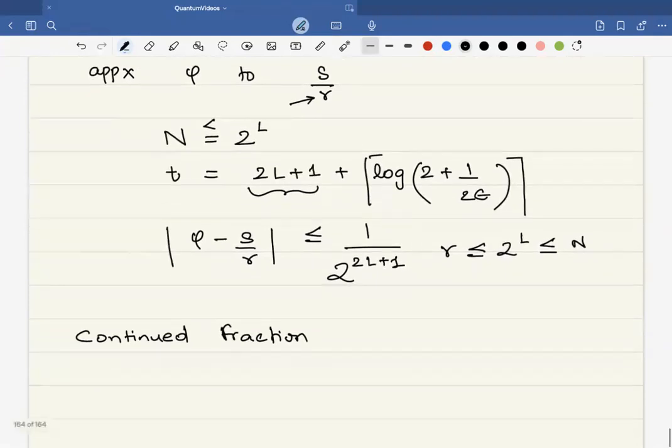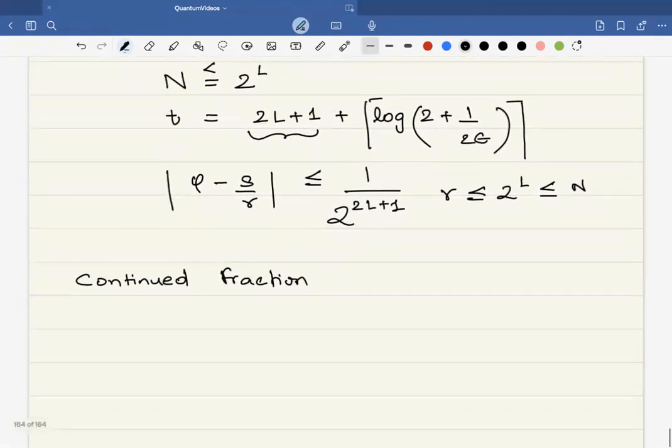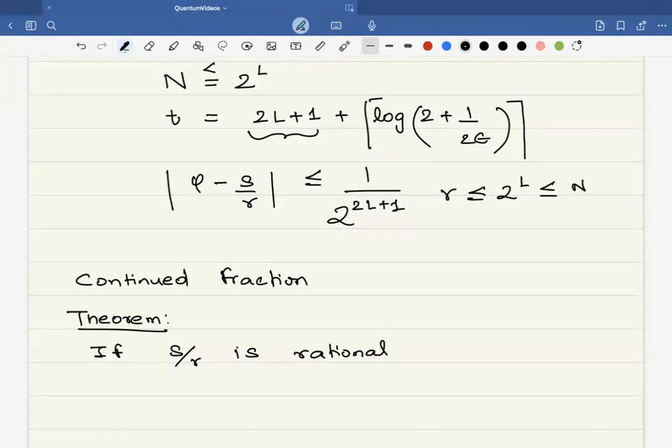So the theorem is the following, and this is the key theorem that we'll need to use for the continued fraction. If S over R is rational such that GCD of S and R is equal to 1, so there are no common factors,